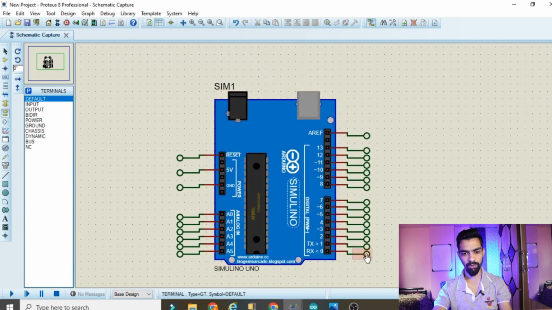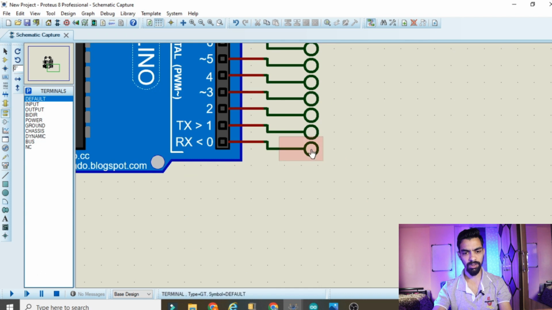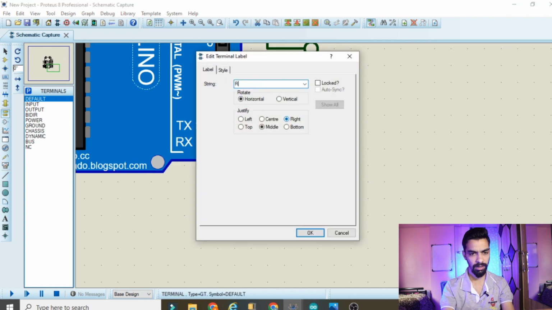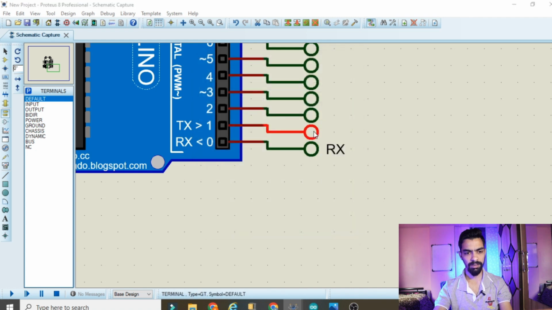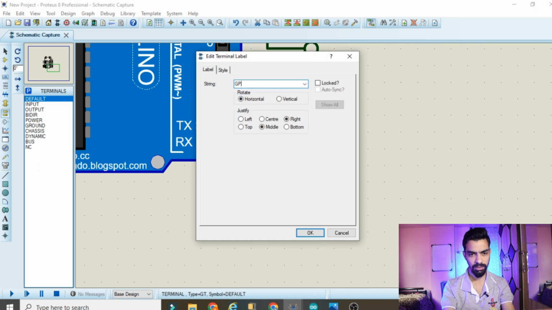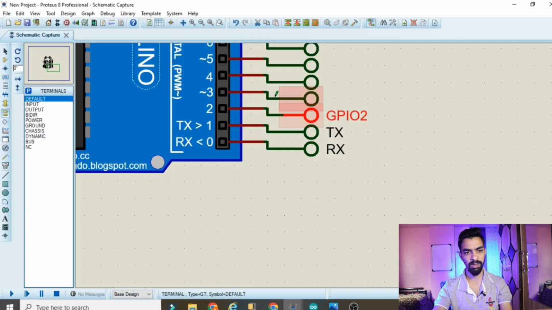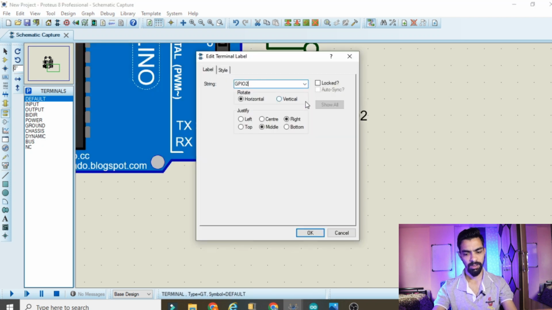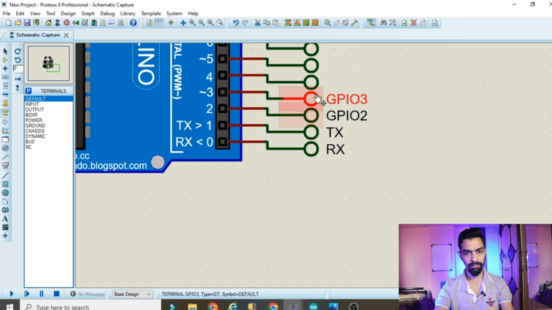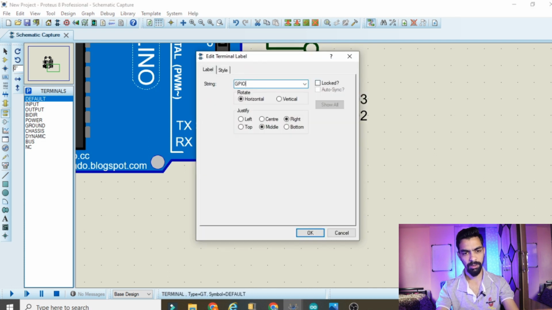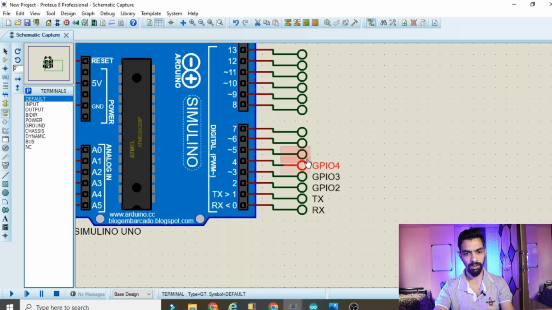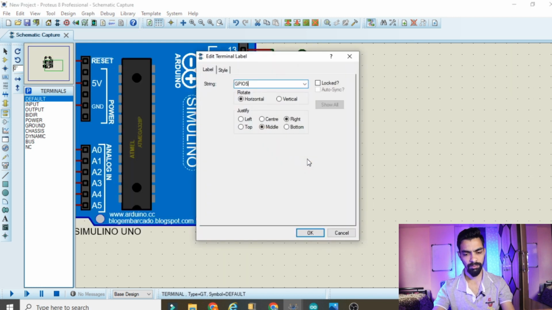Now the next part is we have to give names to these pins. So double click on the first pin. You can double click here and give the name RX. Then give the name TX. Then give the name GPIO2. So you can see I have given the name GPIO2 to this pin. Then the 3 number pin, double click here, give the name GPIO3. Then the 4 number pin, double click here, give the name GPIO4. Then in the same way GPIO5, then GPIO6,